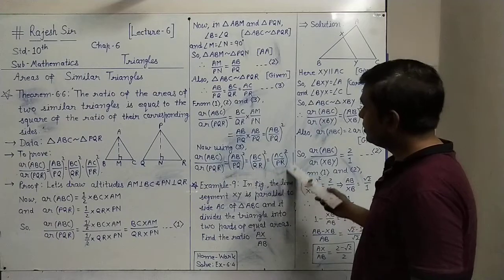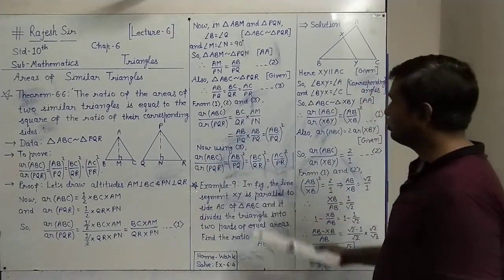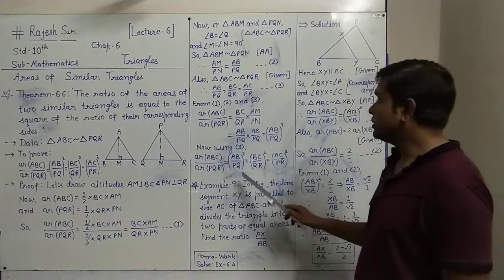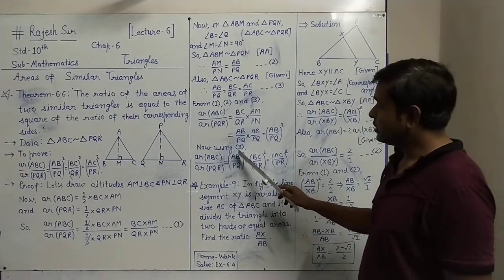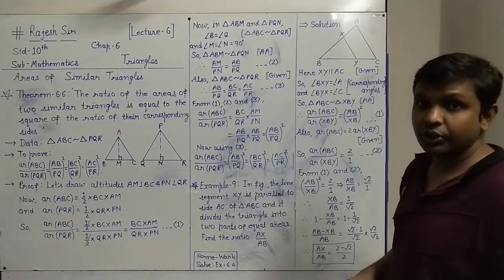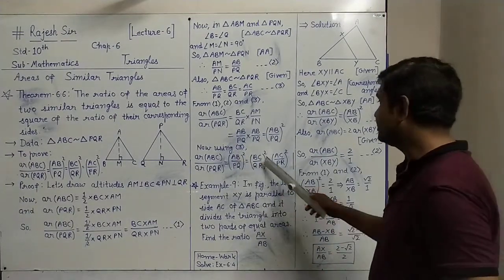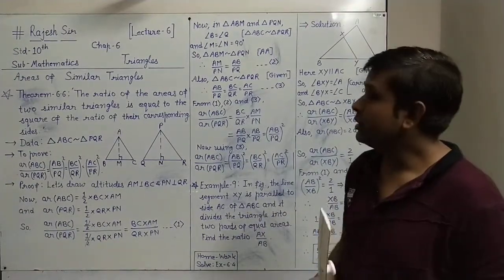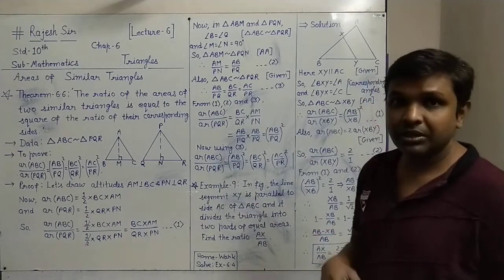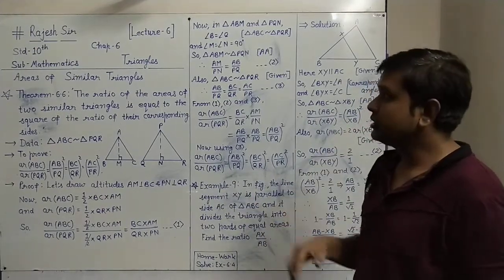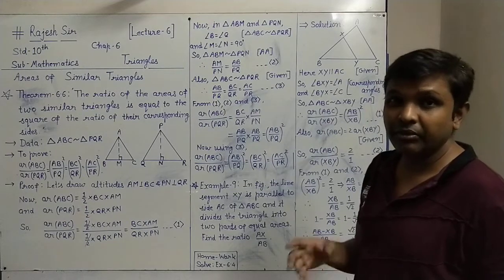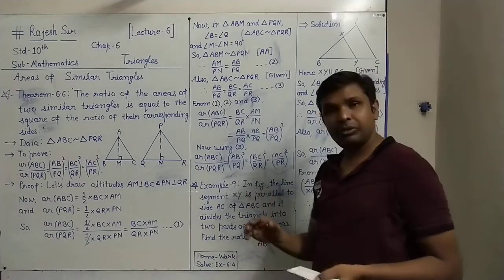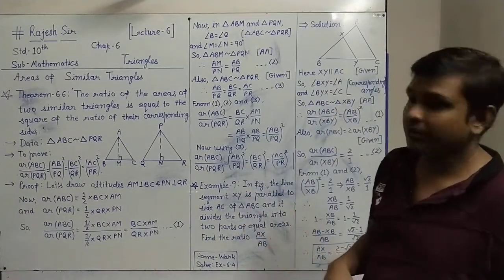So using 3, the whole result at the end we have proved that the ratio of the areas of two similar triangles is equal to the square of the ratio of the corresponding sides. This is also a very important theorem from the exam point of view. It may be asked for 4 marks, or before this, the basic proportionality theorem we have proved. Any one theorem will be asked from that or from this or from the next coming theorem, the Pythagoras theorem.